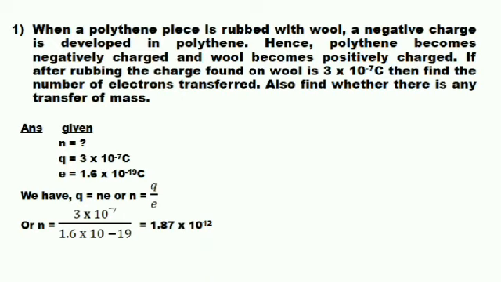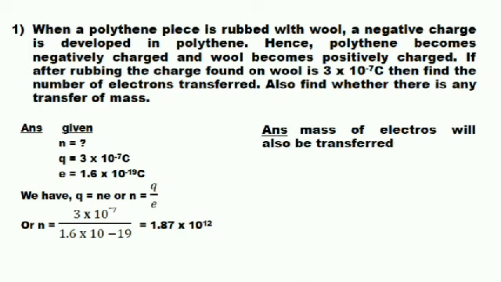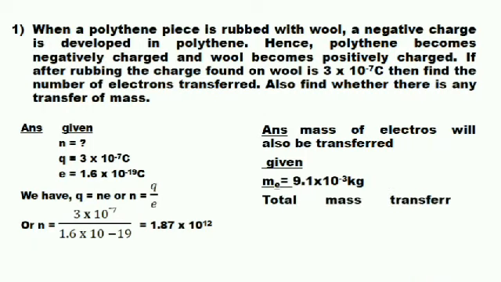Then the second part: whether there is any transfer of mass. So is there any change in mass when electrons get transferred from wool to polythene? We need to find whether the mass is also transferred or not. The mass of the electron will also be transferred. That means m is equal to 9.1 into 10 raised to minus 31 kilogram. So the total mass transferred will be 9.1 into 10 raised to minus 31 into 1.87 into 10 raised to 12, which is the number of